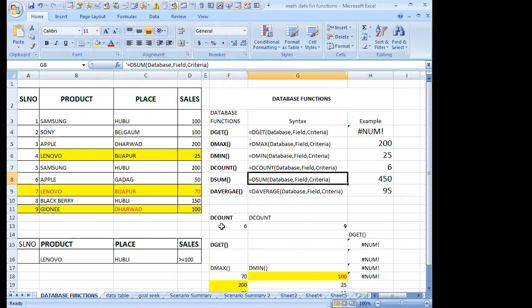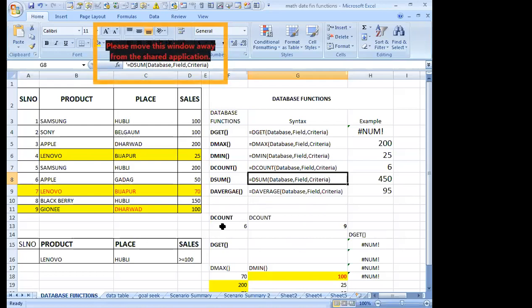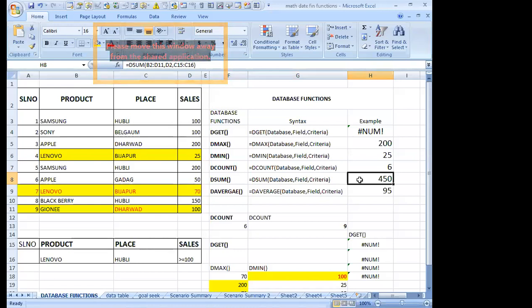In the SUMIF function, there also we are selecting the columns and the criteria, then the sum range, which column has to perform the sum; even that range we are applying with the SUMIF function. In DSUM, here we should use the database, the field, then the criteria. See the example here. What is the criteria here? Database is the same. What is the field now? The field I selected is sales.